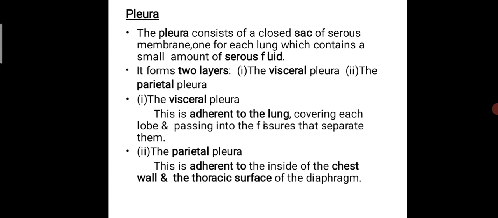Then pleura and pleural cavity. What is the pleural cavity? The lungs are situated in, or supported by, a fluid. This is enclosed by the pleura. There are two layers of pleura, the visceral pleura and the parietal pleura. The visceral pleura is the first layer, nearer to and attached to the lung, and the parietal pleura is the farther layer. Means the parietal pleura is the outer layer, and the visceral pleura is the inner layer.